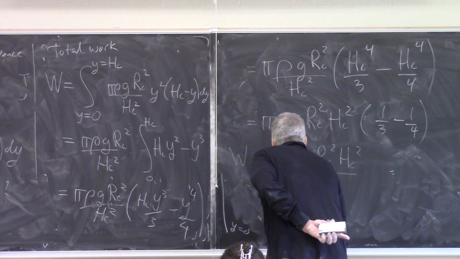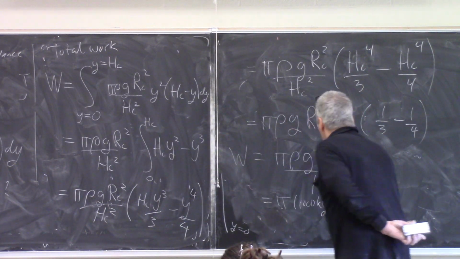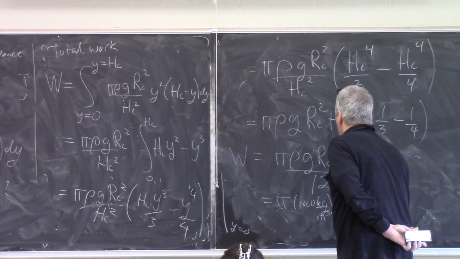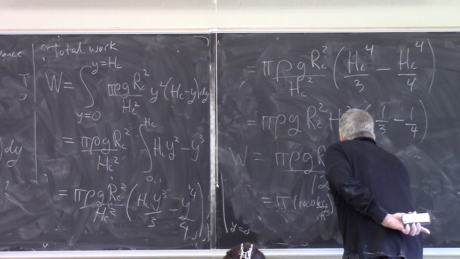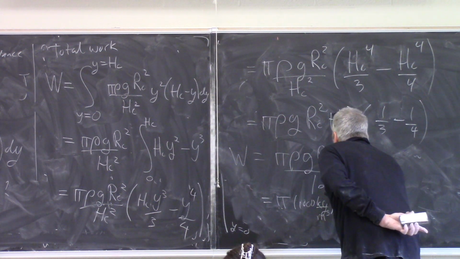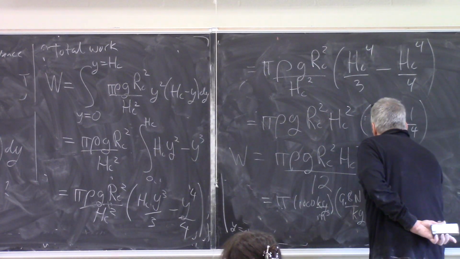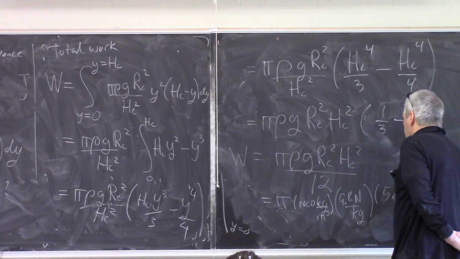Rho is 1,000 kilograms, now this is going to be the kicker, kilograms per meter cubed. 9.8 newtons per kilogram, that's my g. Rc was 5 meters, squared. Hc, the height of the cone, was,